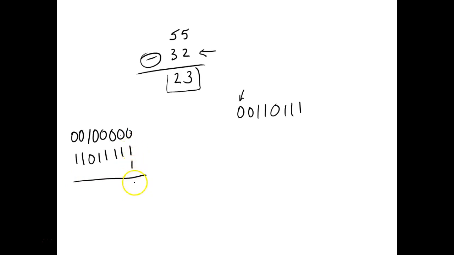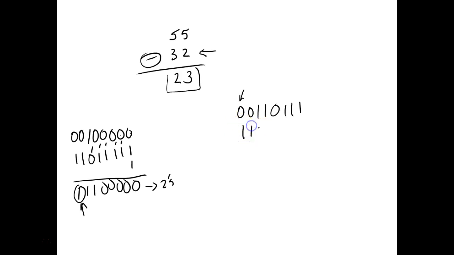And then we add 1 to that, and this would be called the 2's complement. So 1 plus 1 would be what? 0 with a carry 1, 0 with a carry 1, 0 with a carry 1, 0 with a carry 1, 0 with a carry 1, 1, 1. So this is it represented in 2's complement. But notice what happened. Now all of a sudden we got a 1 here, which indicates it's a negative number.